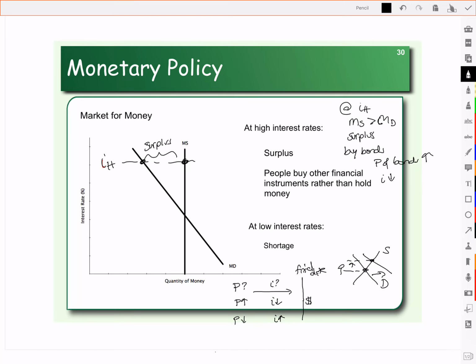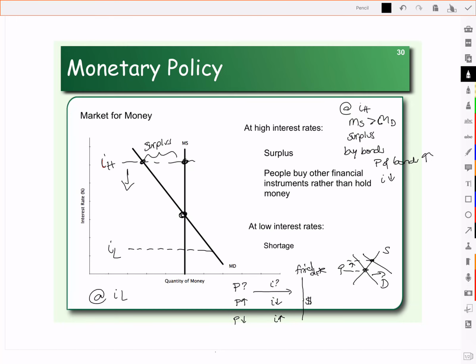And so what happens is all these interest-earning investments, whether you're talking about bonds or other types of investments, as we start to switch all of our money from cash to these other investments, the interest rates start to fall, okay, until they get back here to equilibrium. Well, what if we have low interest rates? At low interest rates,